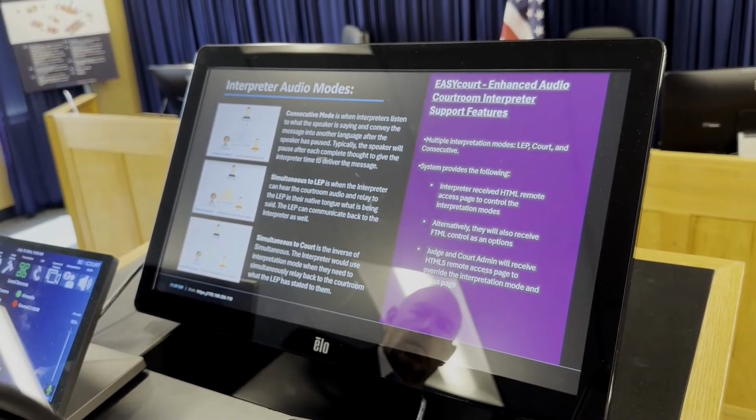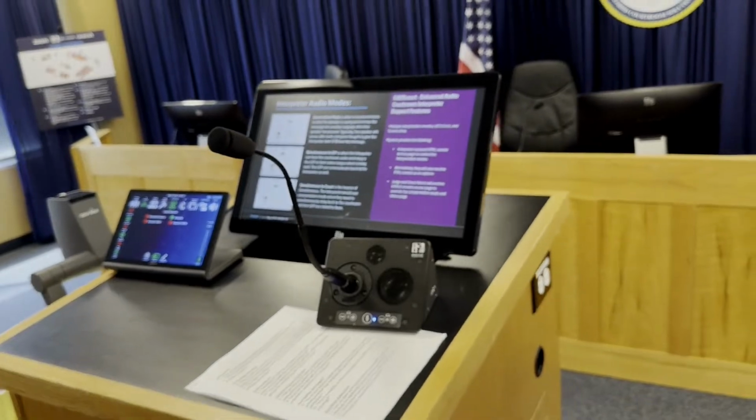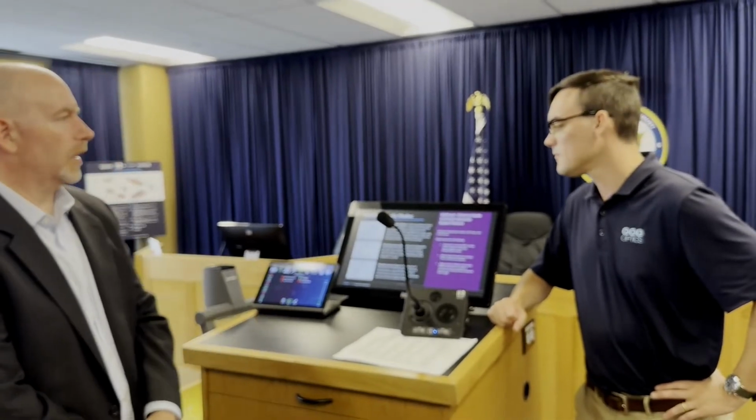So that's how these functions are designed to work. Yeah, and all that works with the base stations and the headphone jacks. One important feature of that is the simultaneous bleed back to the court. I think it's important to highlight that aspect of the system a little bit, because oftentimes it's important for a